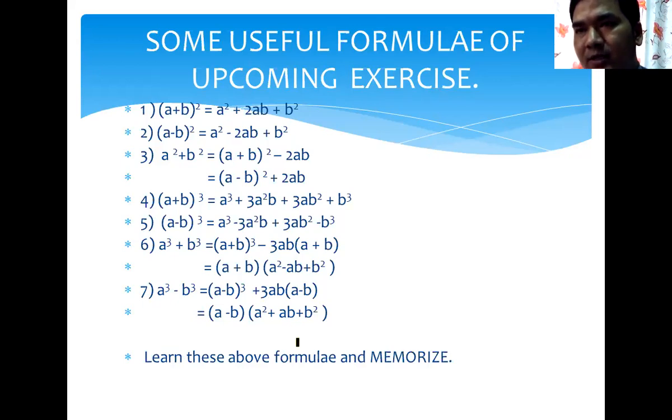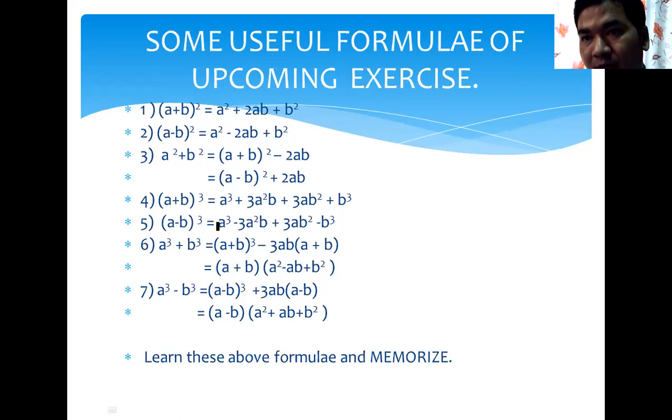First one is here, you can see. Here the a plus b whole square formula: a square plus 2ab plus b square. The a minus b whole square formula: a square minus 2ab plus b square. And a square plus b square has two formulas. One is a plus b whole square minus 2ab, and the other is a minus b whole square plus 2ab. And the a plus b whole cube formula equals a cube plus 3a square b plus 3ab square plus b cube. And a minus b whole cube,